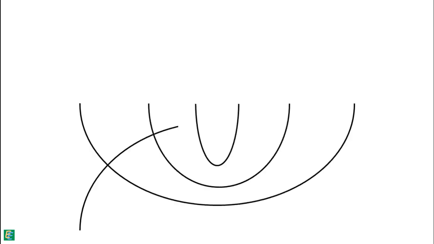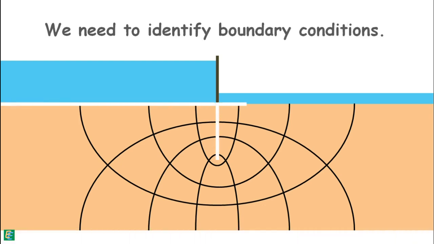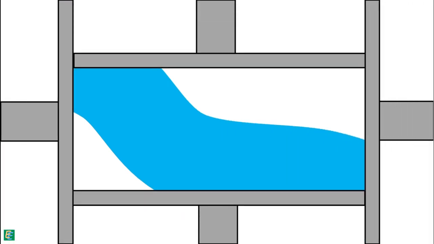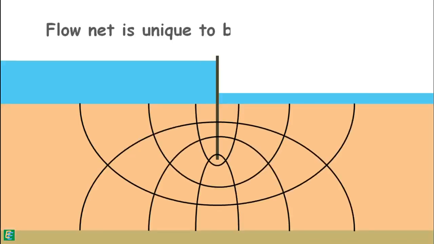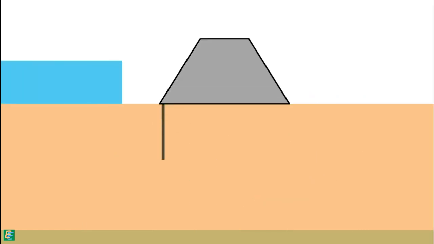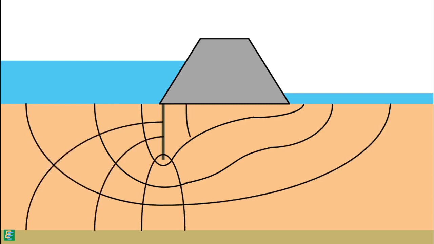To construct a flow net, we also need to identify the boundary conditions present for the flow. Boundary conditions are the restrictions that limit the flow in a certain space or area. A flow net is unique for a given set of boundary conditions. If the geometry of the flow space changes, the boundary conditions will change and hence the flow net will